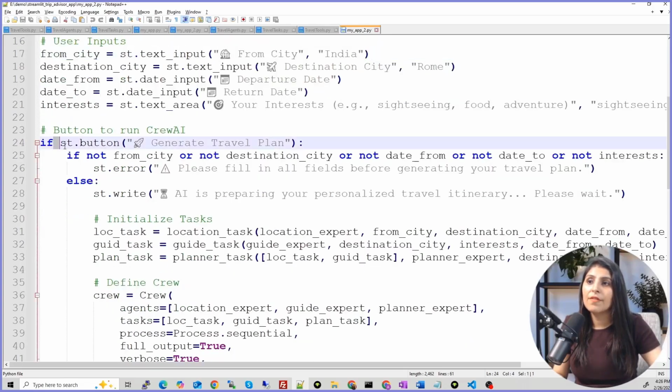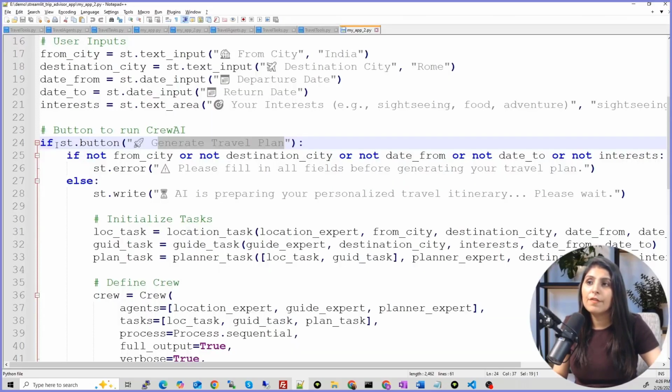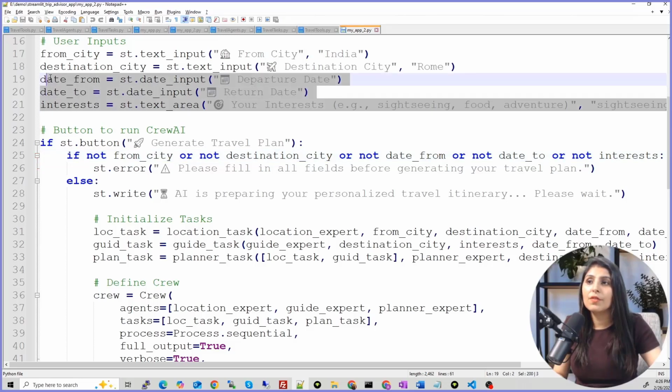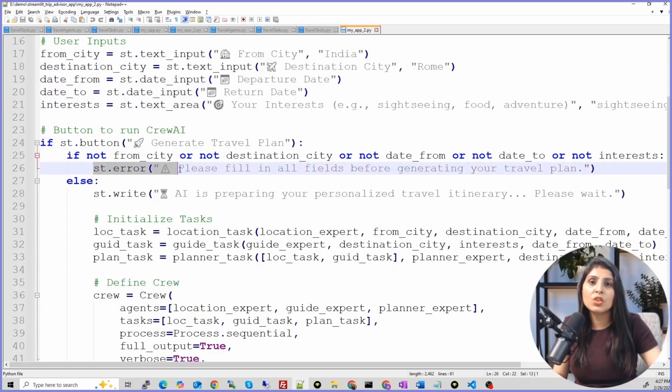So if st.button, this generate travel plan button, if the user clicked this button, then we are running one more if condition. In that condition we are checking whether the user has provided all the values. If the user missed even a single text box, then our app will show an error.